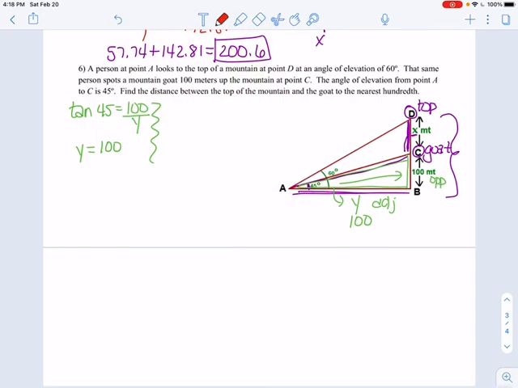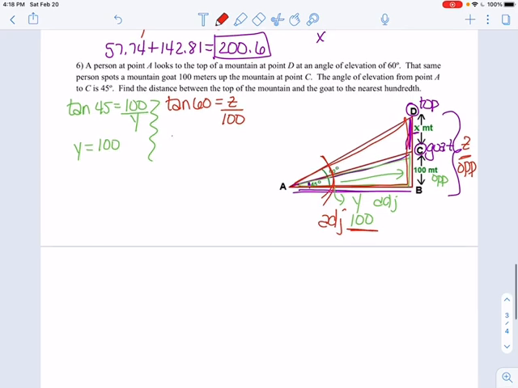Next thing I'm going to do is find this entire purple side, which I'm going to call Z here. So again, this is going to be with relation to our 60-degree angle and that entire triangle right there. With relation to that 60, that Z is directly opposite the 60 degrees. And I know this side now is going to be 100, and that's still going to be my side adjacent. So again, we're going to do the tangent of 60 equals the side opposite, Z, over 100. When you cross multiply and solve there, you're going to get